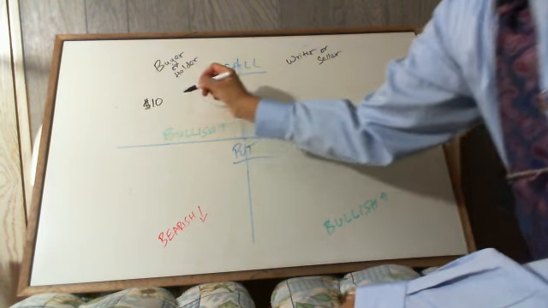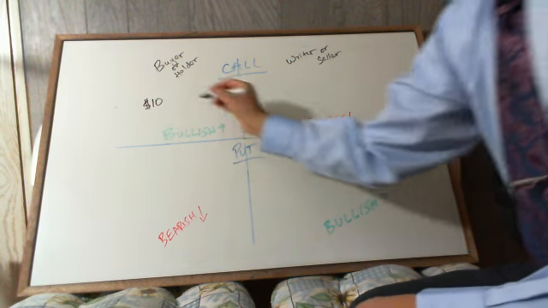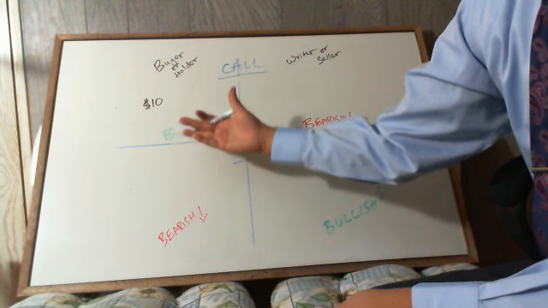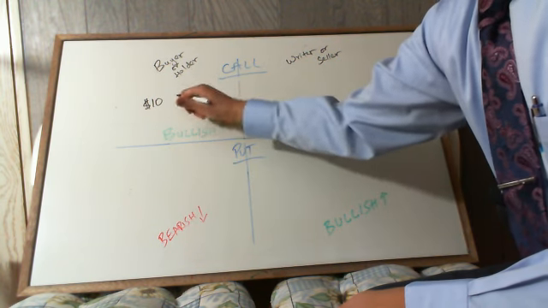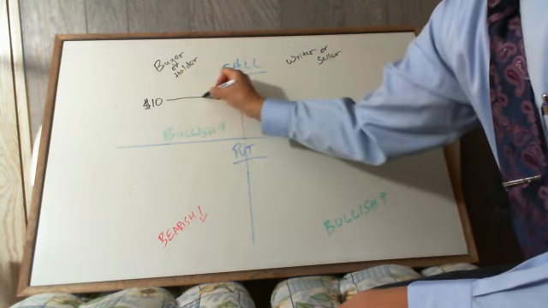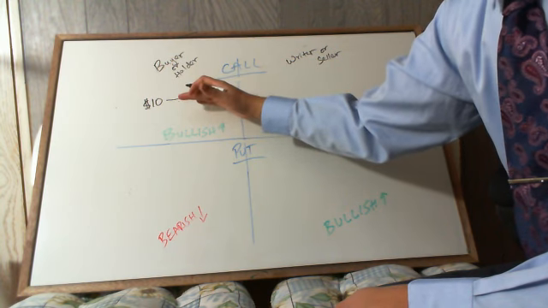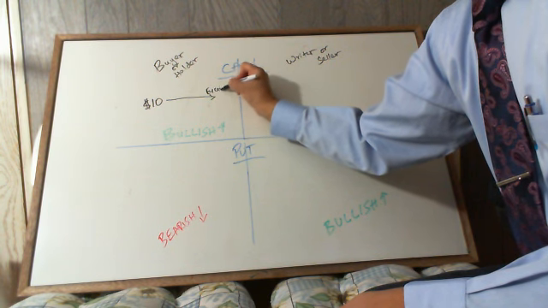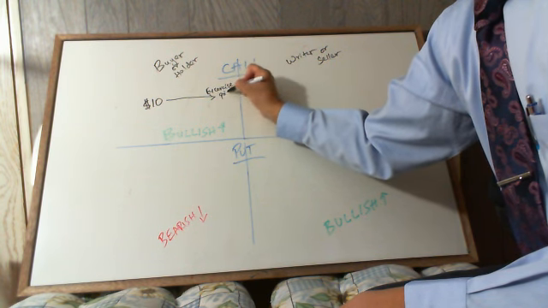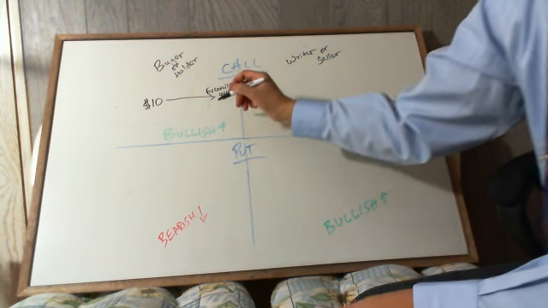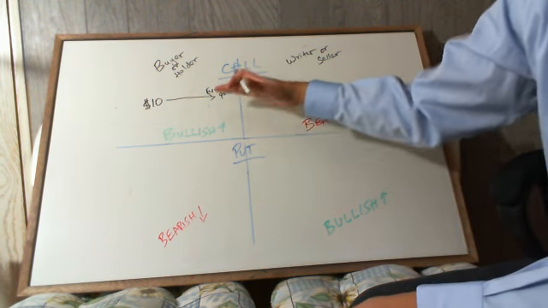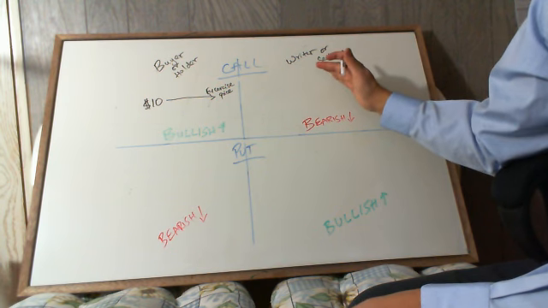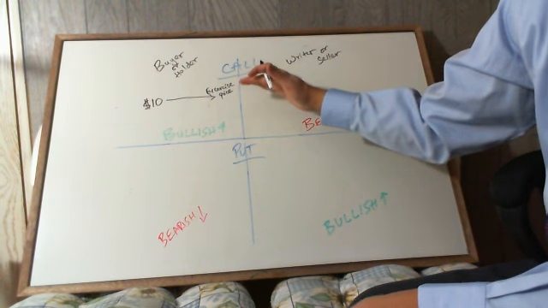Right now, let's suppose the stock price is $10, and the buyer does not hold the stock right now. He plans to buy it in the future. So what he will do is fix the price at $10. That is called the exercise price. It will be fixed at $10, and he has the contract with the writer saying that he will be able to buy this stock at $10 per share.